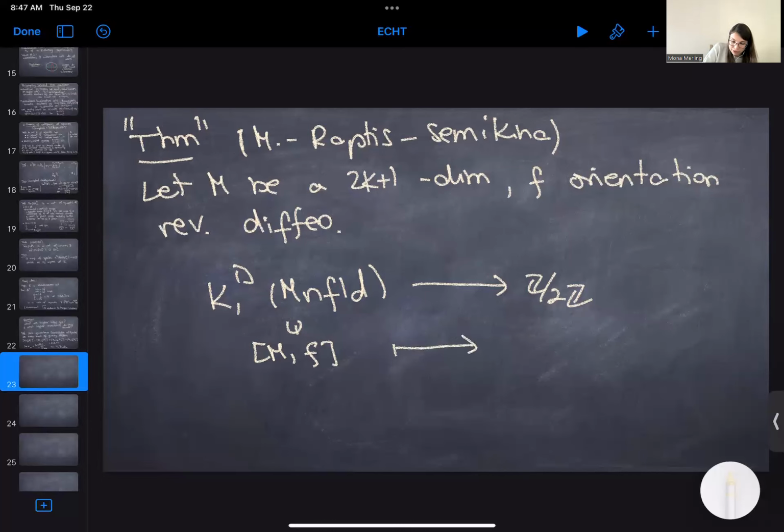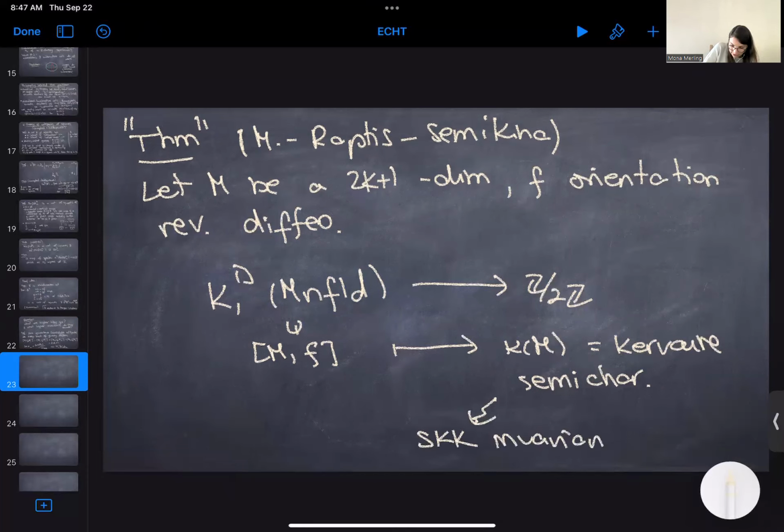And we can track where this maps to, and this is just a computation. It seems almost like a coincidence, but it's really cool. It looks like what we get as an invariant in Z mod 2 is what's called the Kervaire semi-characteristic. The reason why I think this is so cool is that this is one of the main examples of an SKK invariant. So this is an SKK invariant that's not an SK invariant. So it looks like on pi 1, we can detect SKK invariance. So yeah, many puzzling questions here. So I will end here, and then